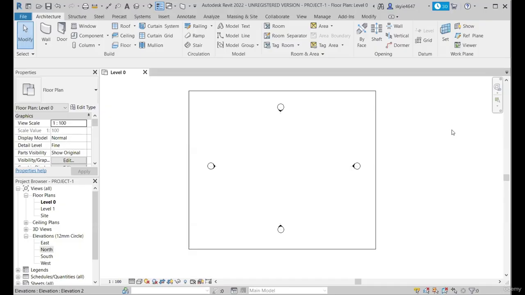Hello learners, in this lecture we will be dealing with creating levels and grids in the Revit project. So basically, what do level and grid mean? Levels are used to define a vertical height or story within the building. Levels are infinite horizontal planes that act as a reference, which can be used for hosting various elements like roof,